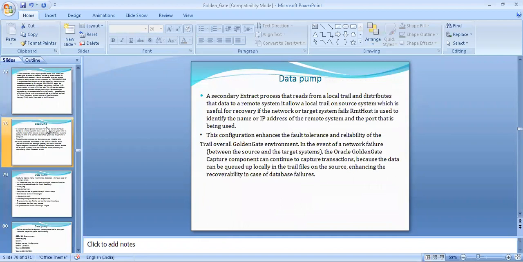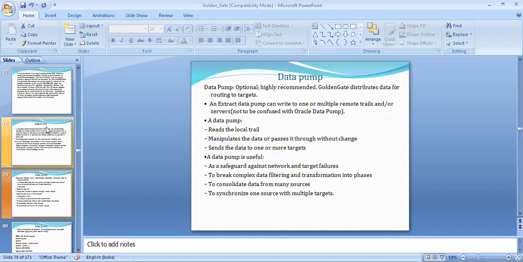So data pump we already discussed. Data pump is a secondary extract process that will read from the local trail file and distribute data to the remote system. It allows a local trail file on the system, which is useful for recovery. So the main purpose of data pump is that in case of network failure, there is no chance of loss of data.